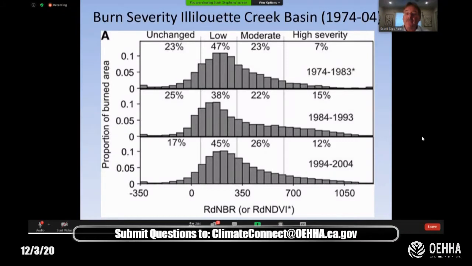And even with that, we see a stability of fire severity distribution. We don't see an increase that's actually certainly tied to climate change. And this work has been updated recently by a Ph.D. student, Katya, in Berkeley, and we actually now have another whole 10 years on this, and we still see relatively stable conditions. We're not seeing increases in burn severity in this area as fire operates in this landscape.